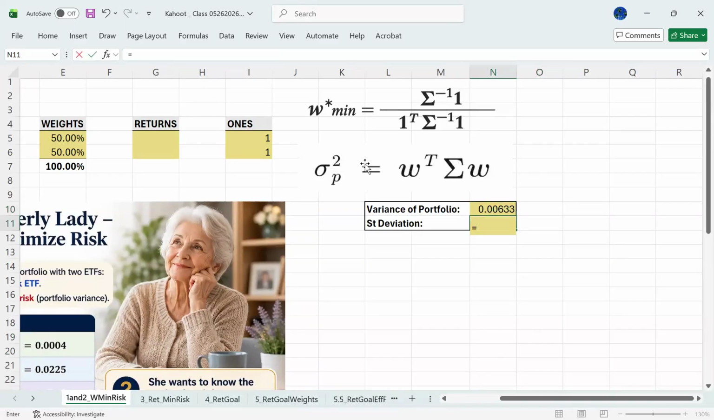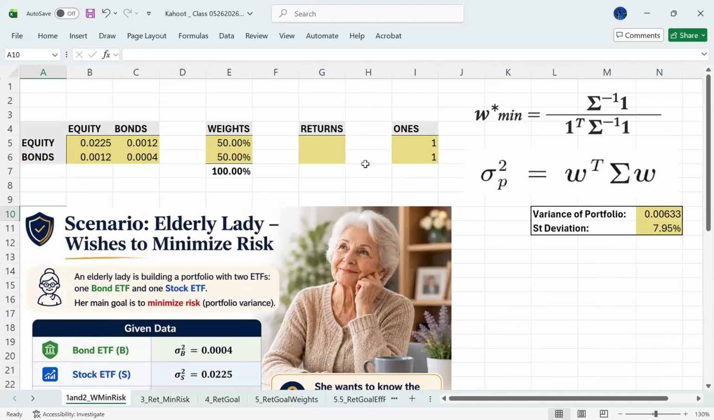Standard deviation is the square root of the variance. Anybody wants to confirm if this variance is correct, right? Then we can, and once again,